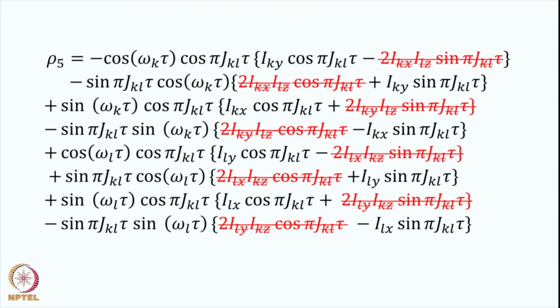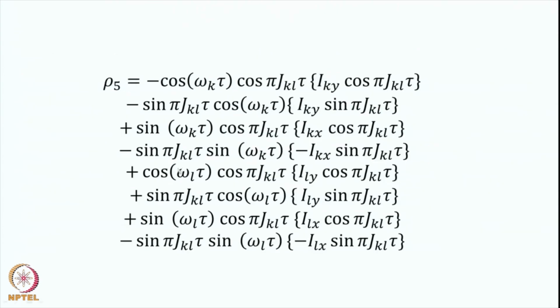So, let us pull together the other terms, and you have now ρ5 is equal to minus cos(ω_k τ) cos(πJ_kL τ) I_ky cos(πJ_kL τ), and minus sin(πJ_kL τ) cos(ω_k τ) I_ky sin(πJ_kL τ), plus sin(ω_k τ) cos(πJ_kL τ) I_kx cos(πJ_kL τ), and minus sin(πJ_kL τ) sin(ω_k τ) minus I_kx sin(πJ_kL τ), plus cos(ω_L τ) cos